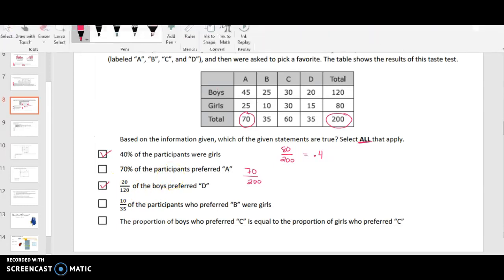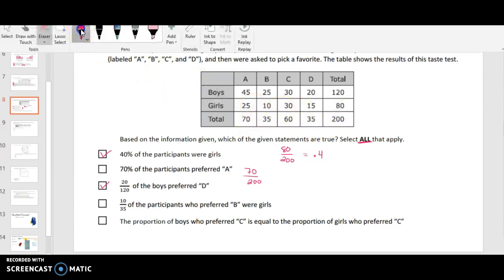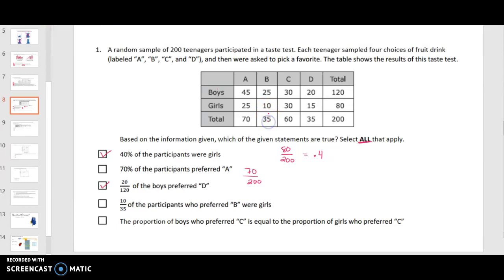Let me go ahead and erase some of this on the board. All right, 10 out of 35 of the participants who preferred B were girls. In total, the ones who preferred drink B, there were 35. 10 of them were girls, so that one's true. So you want to talk about more than one answer? The proportion of boys